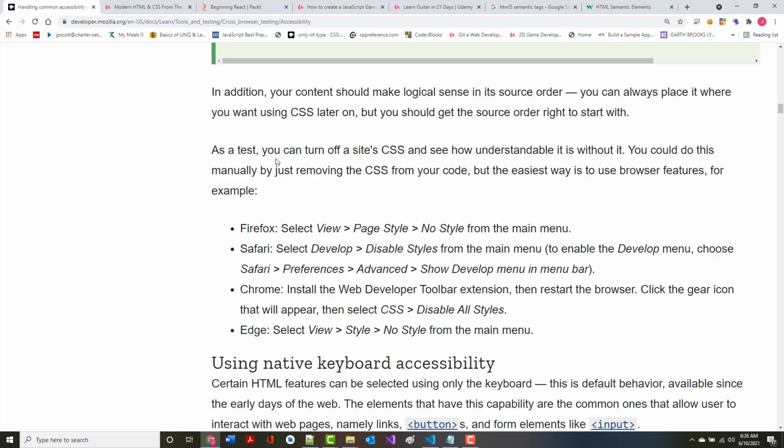All right. It says, as a test, turn off your site's CSS and see how understandable it is without it. You can do this manually by just removing CSS from your code, but the easiest way is to use browser features. Well, I've done things like that before. All right, I'm not going to run through this right now, but literally what they're talking about, if I were to go out to a simple website,